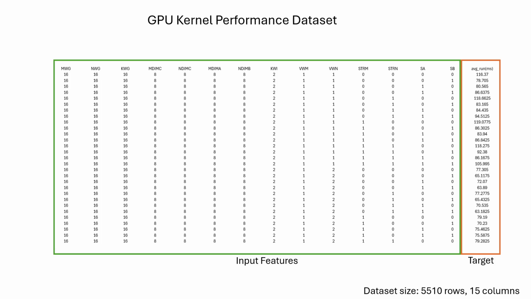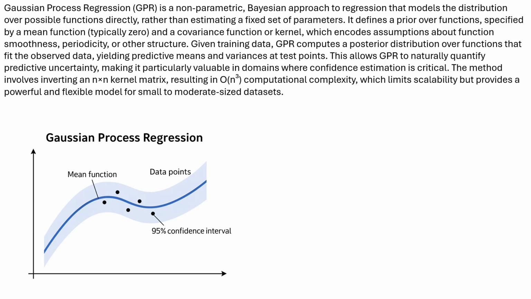generalization conditions. Gaussian process regression models a distribution over functions by defining a mean and covariance kernel. In this project, we use a radial basis function kernel to model nonlinear relationships between kernel parameters and runtime. GPR not only provides a predicted value, but also estimates predictive uncertainty, which is extremely useful when performance tuning under